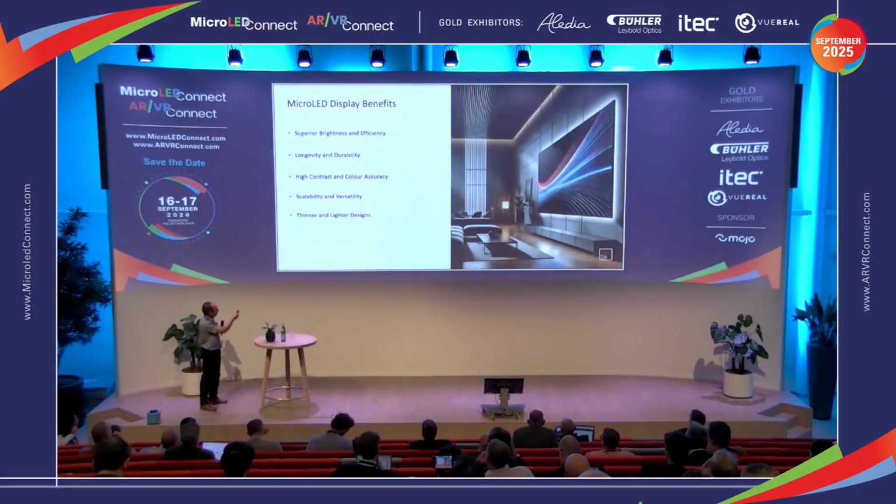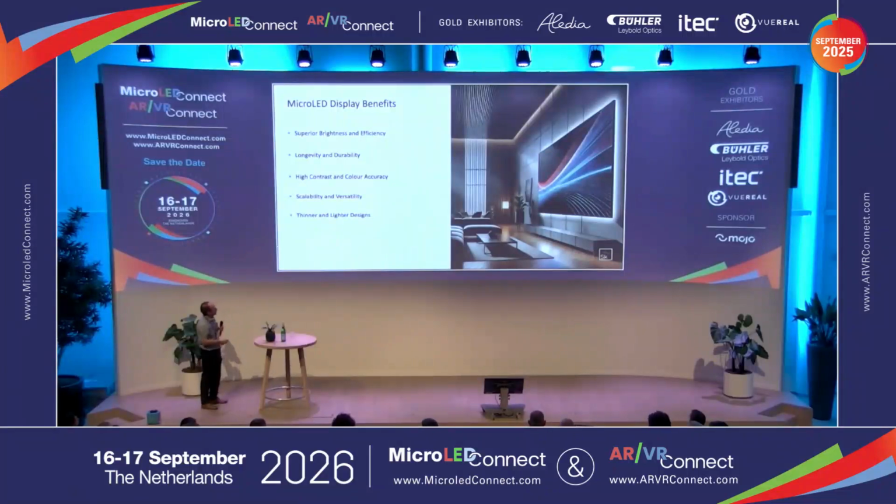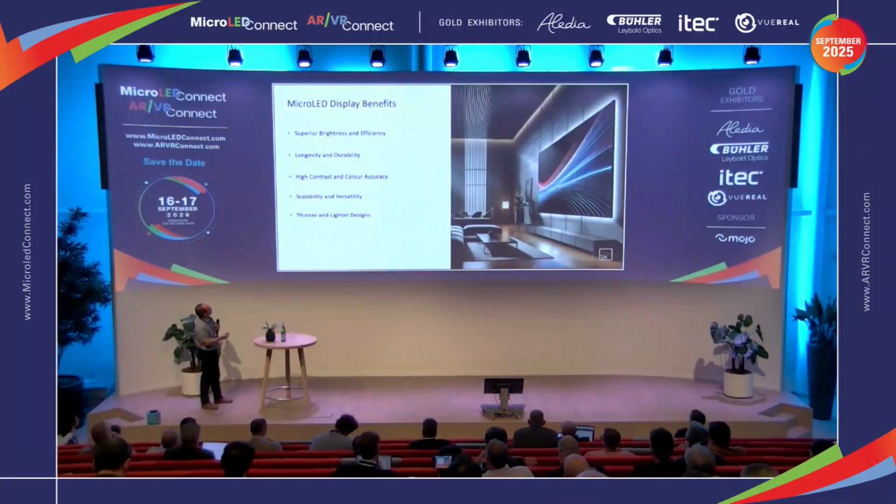I'm preaching to a lot of people here who already know the benefits of micro-LED. I think the main feature, especially for large area displays, is being able to get a high brightness and efficiency in a very small area. So for instance, with things like transparent displays, you'd need a very small area of light emission at high brightness, and micro LEDs allow